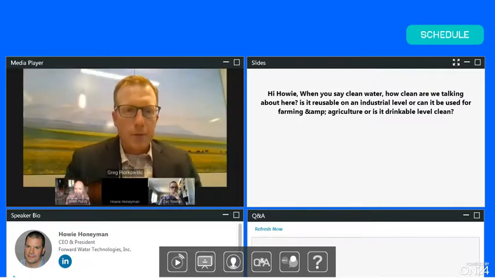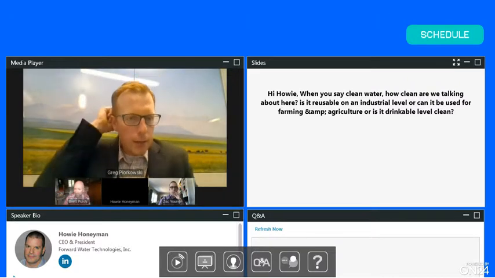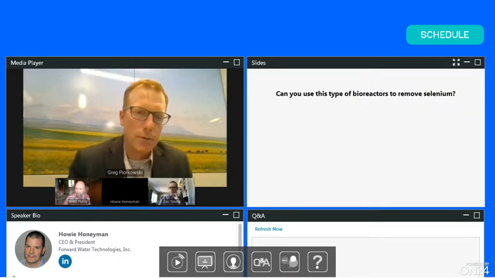Yes, of course, selenium is more of an issue in the mining sector than agricultural, but virtually anything that is more mobile in its oxidized form and you want to remove it via biogeochemical conversion to its reduced form can be removed through this type of technology. So selenium, from my understanding, is kind of lower down on the food chain with respect to biogeochemical processing,